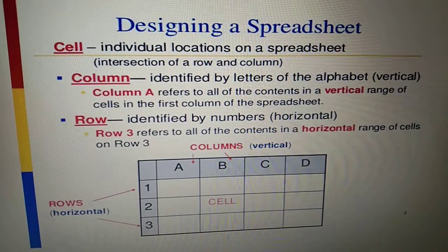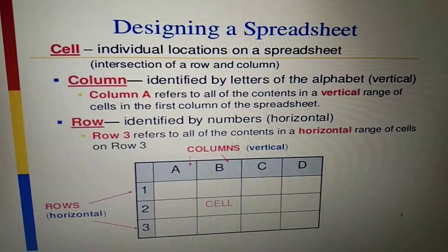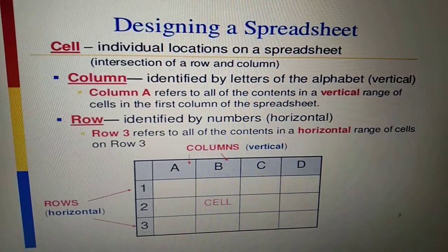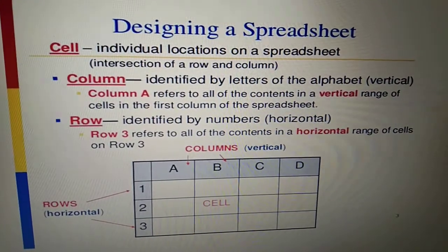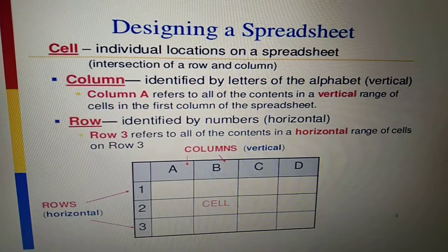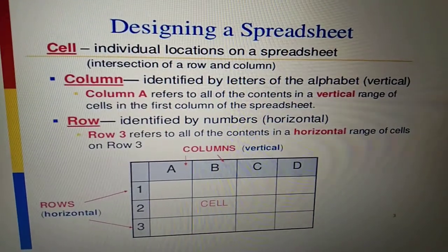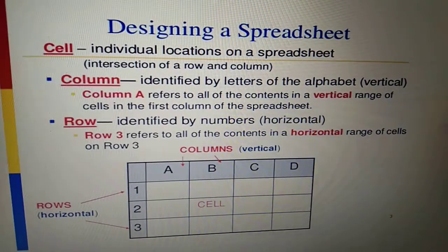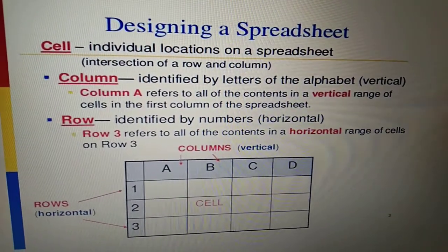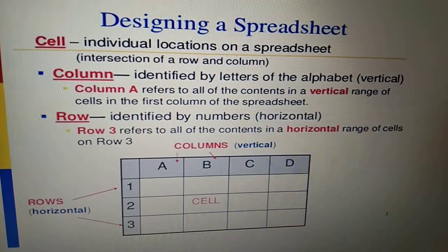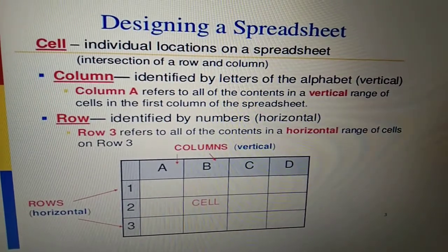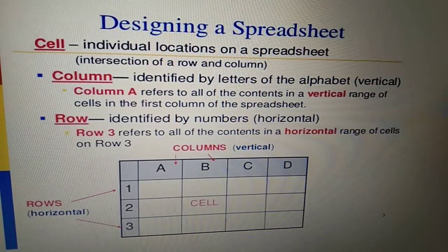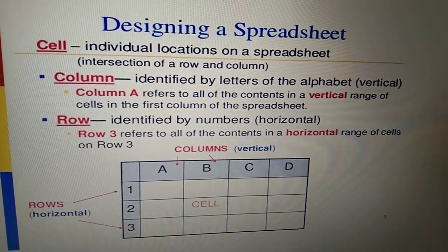Our next topic is designing a spreadsheet. Our spreadsheets include rows, columns, cells, and tables. As you see in this slide, it includes 4 columns, cells, rows, etc. A cell is an individual location on a spreadsheet which is formed by a column and a row. Here A, B, C, D are called the columns, and they are in vertical form, and numbers 1, 2, 3 are called the rows, and they are shown in